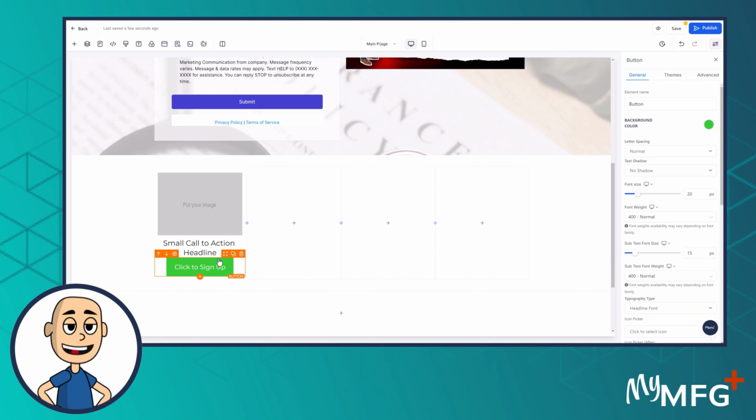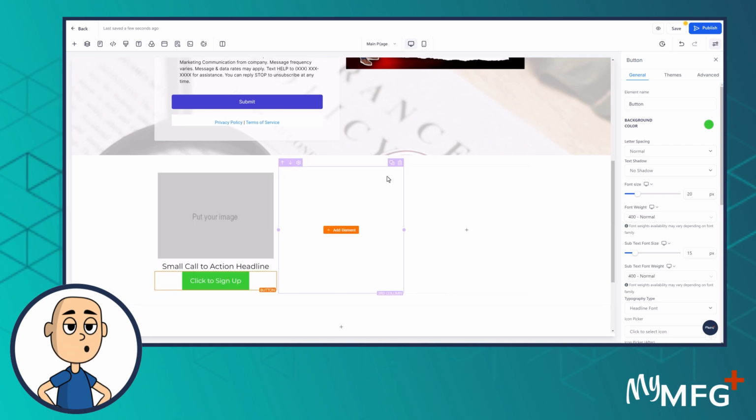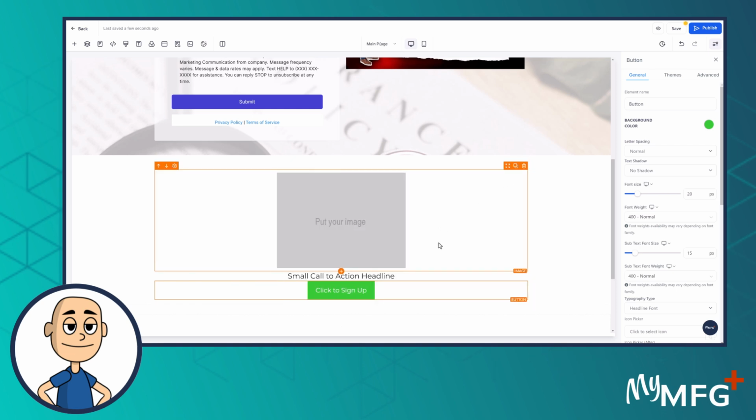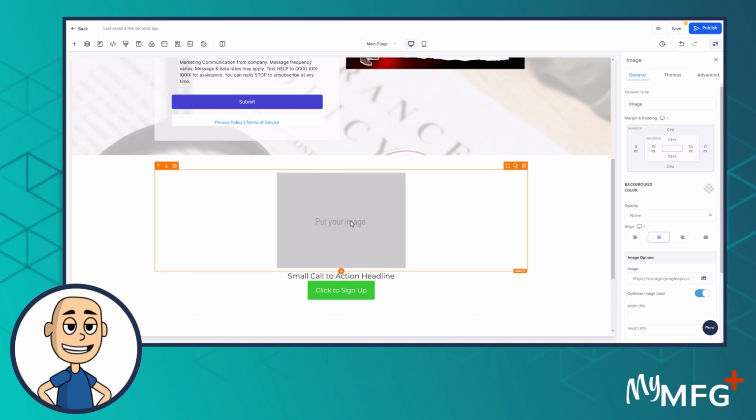So I'm going to teach you another way of doing this. What I typically do is I get all the formatting figured out for the first one, and then I clone it, and it makes it go a lot faster. So I'm going to delete these purple columns right here. And this image,